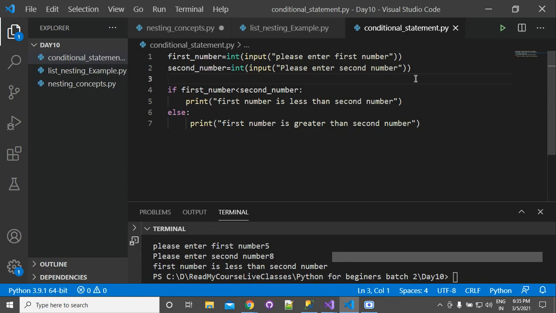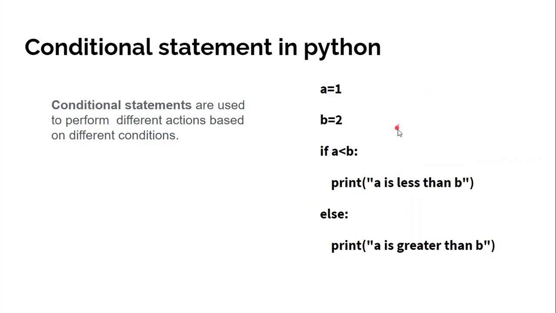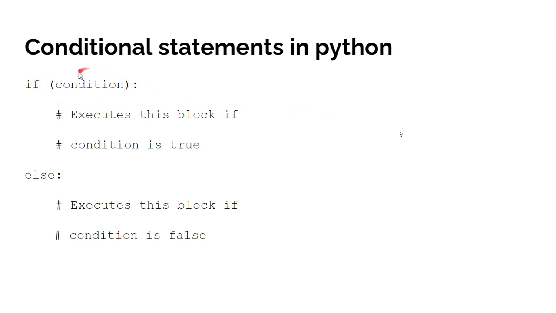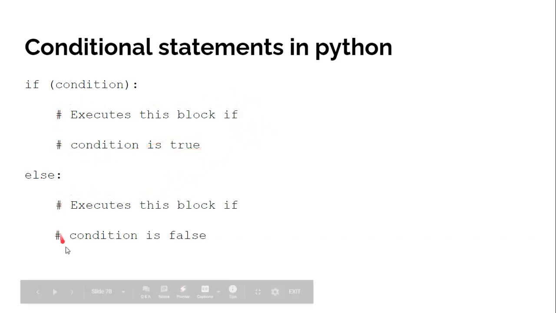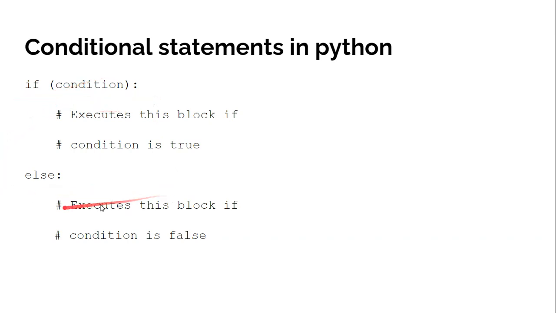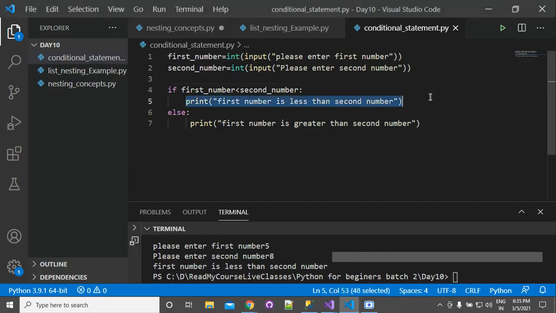Okay. So the rule is what? First we have some condition. We need to write here first if is a keyword, and then we need to have some condition. If this condition is true, then this is called as the block of if. Okay, this is if block and this is else block. If this condition is true, then the if block will be executed, otherwise else block will be executed. So the same thing we were doing in our program. If this condition is true, then if block will be executed and the remaining part will not be executed.